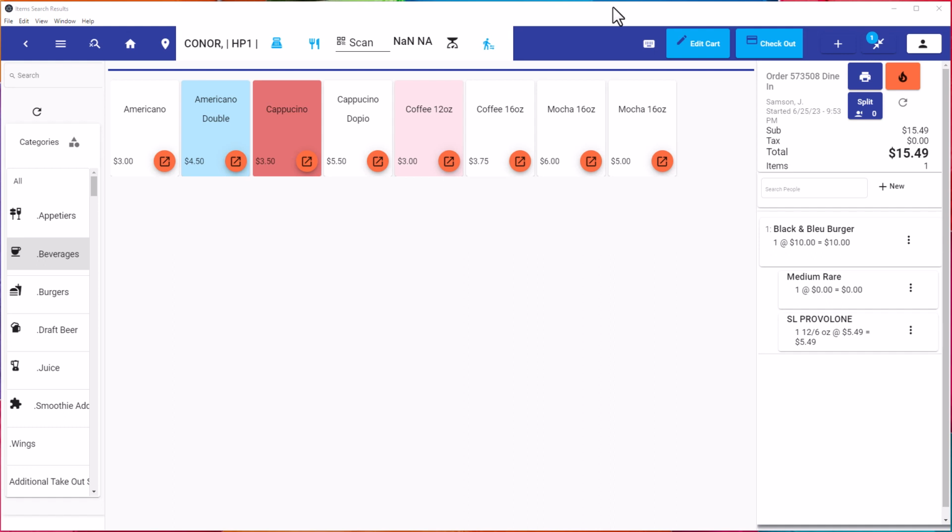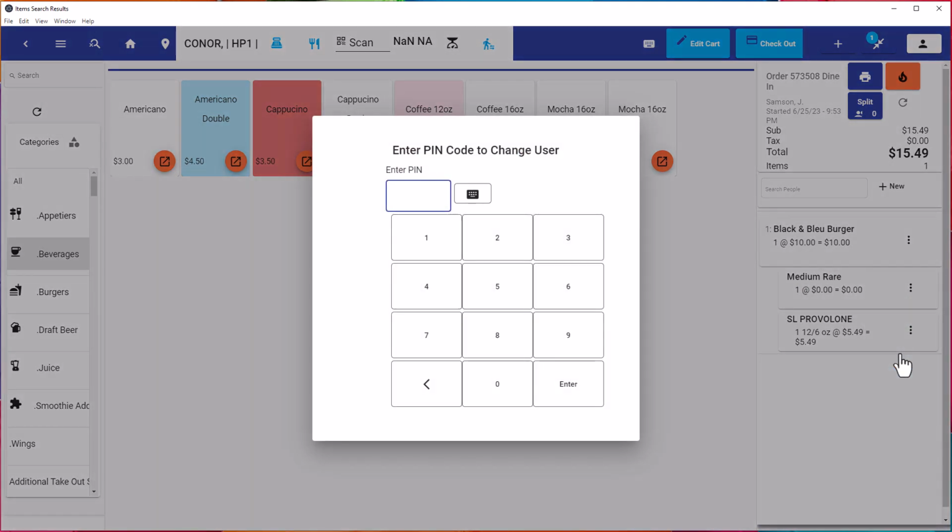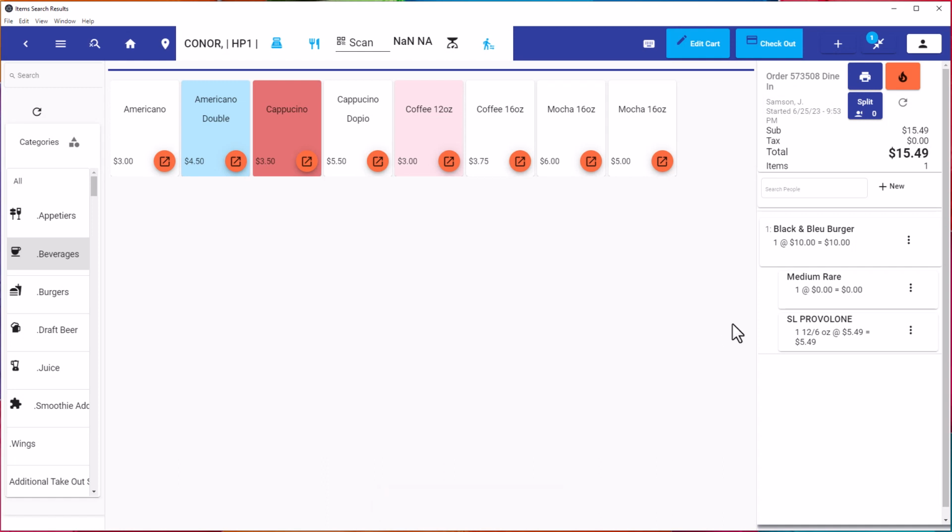If a server, bartender, or cashier needs to get a manager to make a void or refund, quite often you might see something where they want to do a price change or they need to do a void, and the manager can enter their PIN code and then perform the void or the price change. Now, if that person's not right in front of the counter, the cashier can request a